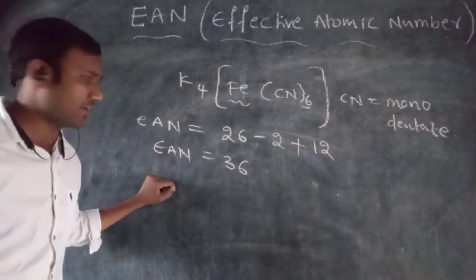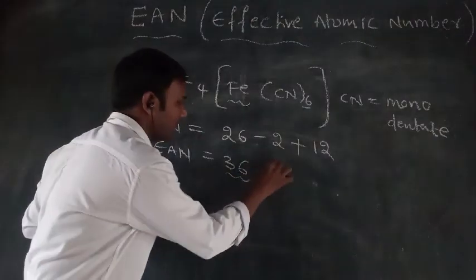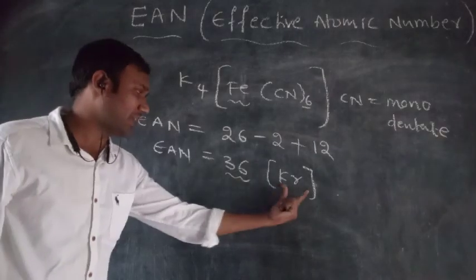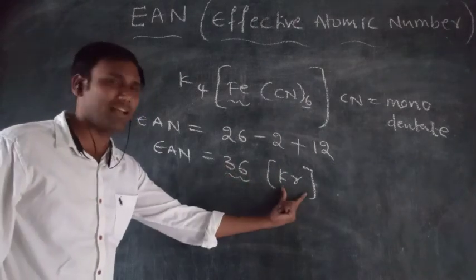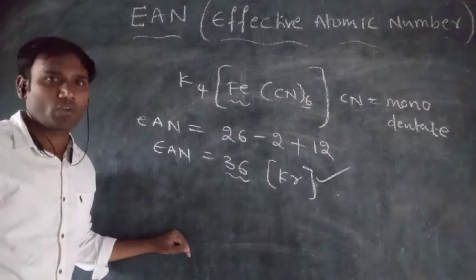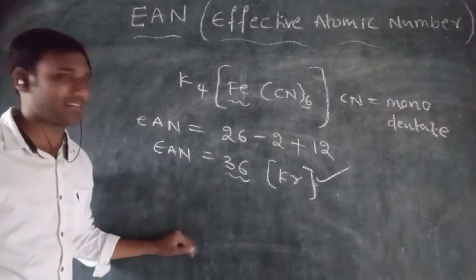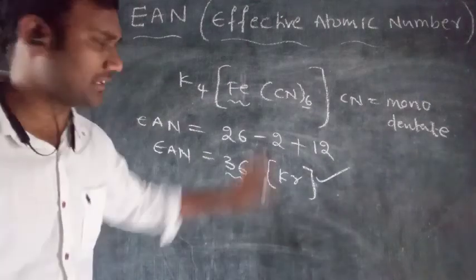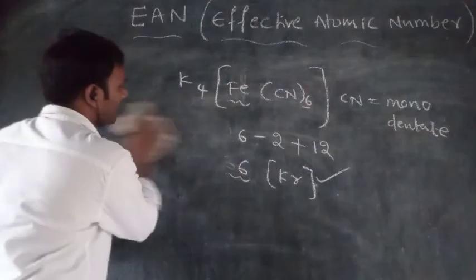So the effective atomic number of this complex is 36. Which gas has atomic number 36? Krypton. So the effective atomic number is equal to the inert gas atomic number. That means we can say this complex is stable, right? And it follows the effective atomic number method. So this is one example, and the second example is,